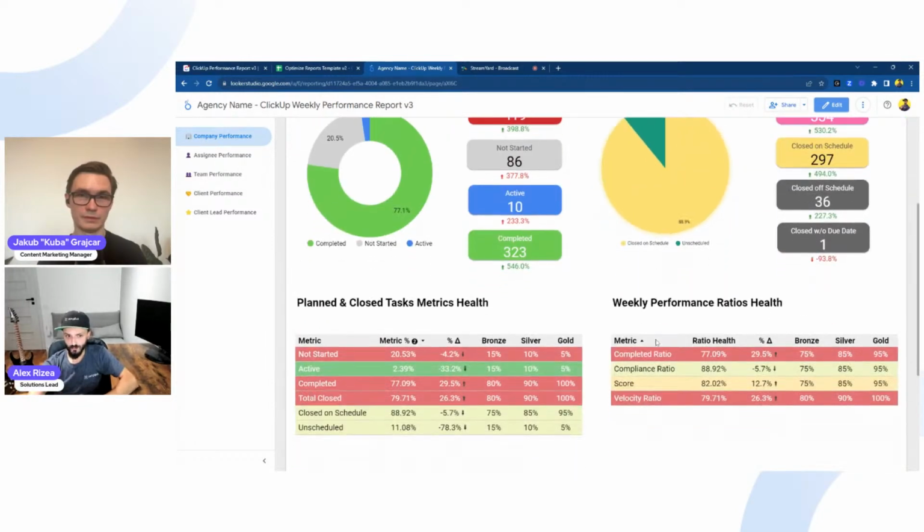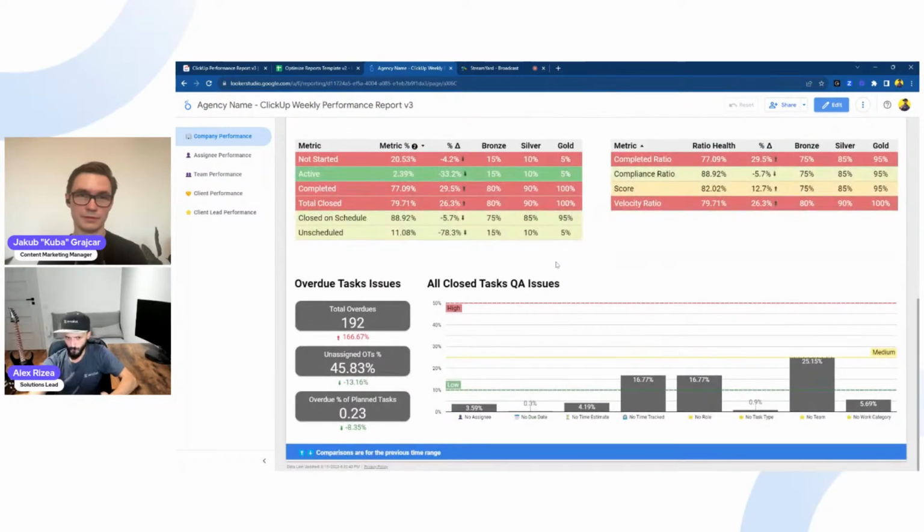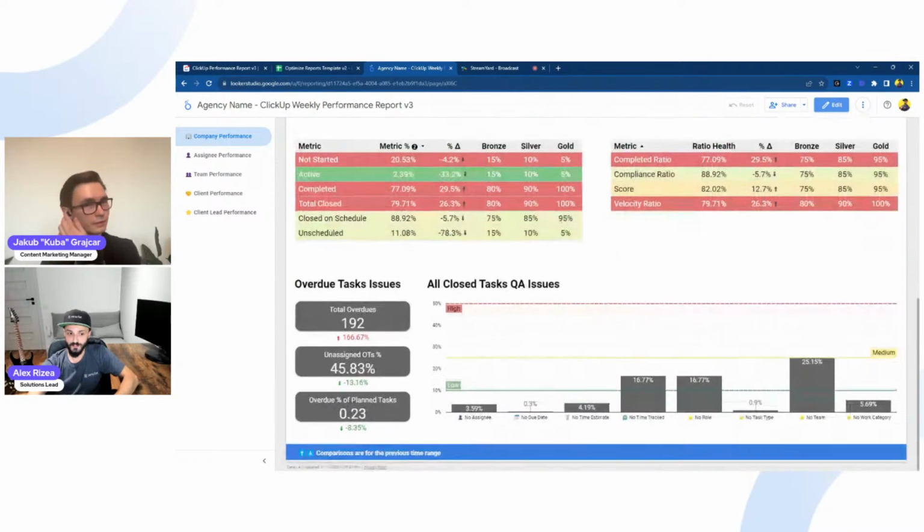And you can also use this to bubble up other issues, like we like to see how many tasks are having QA issues or have missing assignees, due dates, estimates, time tracked, key custom fields, how many overdues we have, how many of them were unassigned, and how many of our planned tasks from last week got overdue.